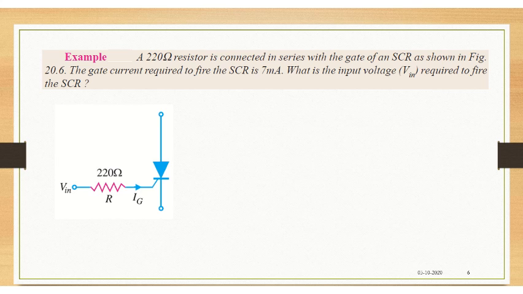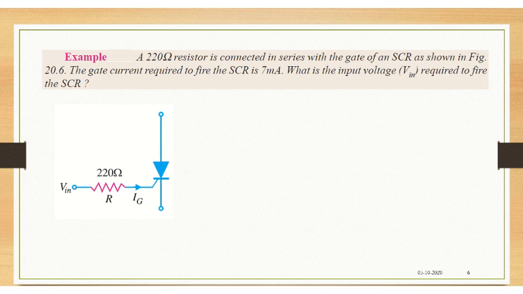Just think, if you recall the expression, what is the input voltage V in? So how do you write it? Can you just pause and think? What should be the expression? According to Kirchhoff's law, my expression would be V in is equal to IG R plus